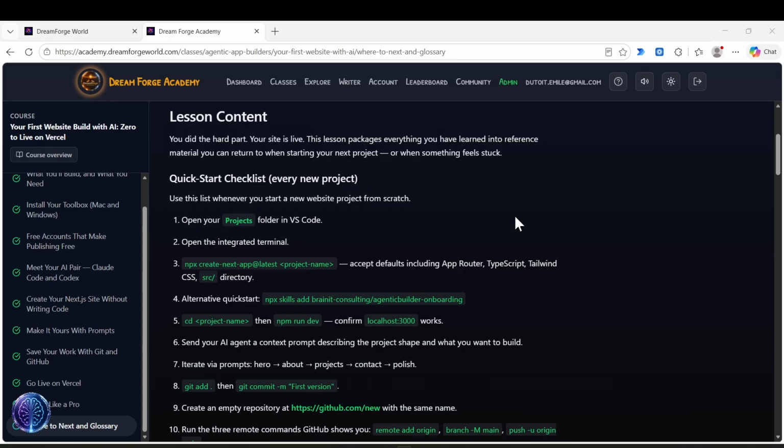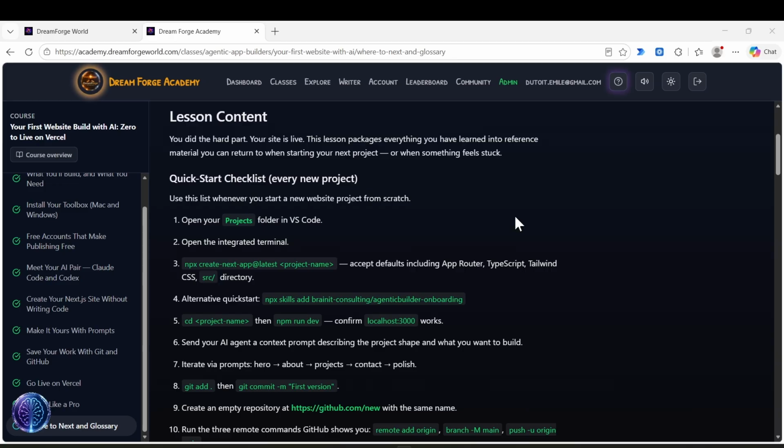You're going to open your project folder as normal in VS Code. You're going to open the integrated terminal or work inside the IDE. You could then run this command, npx create-next-app@latest. And if you say dot, it will do it in the current folder, or give it a project name. Or you can use the quick start one that I've created, which is more of an interactive onboarding skill with more advanced features.